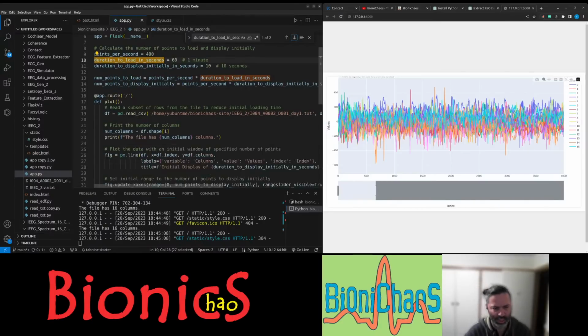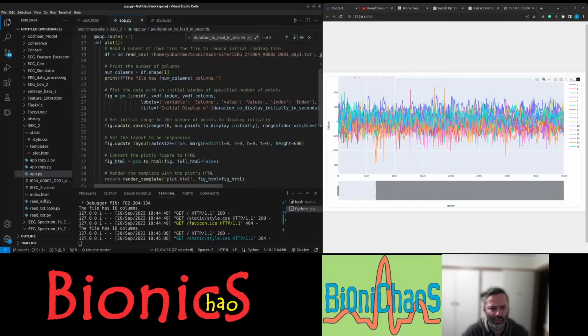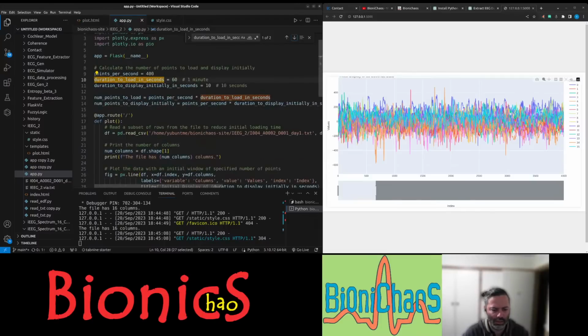The x-axis is displaying something else. Okay, I want to also split. Okay, there's a few things.